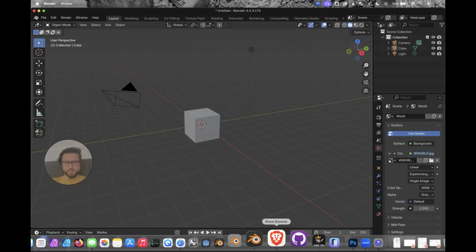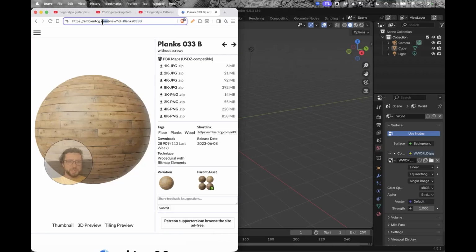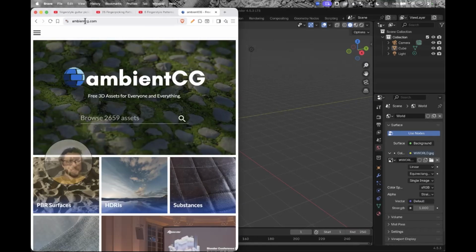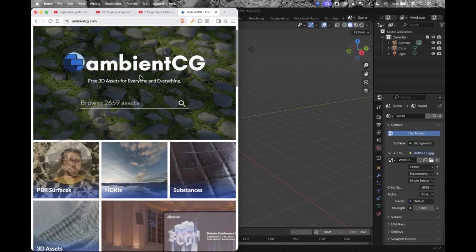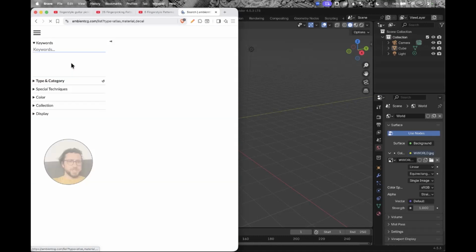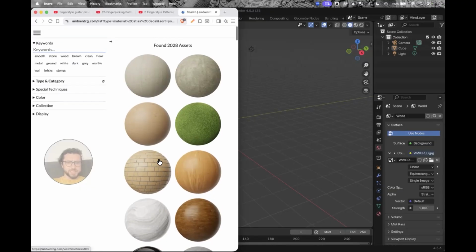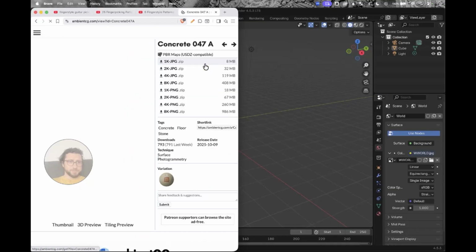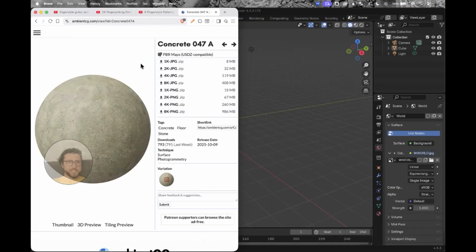First thing I'm going to do is go to this website, Ambient CG. Here, we just go to the homepage, ambientcg.com. And we are going to go to PBR surfaces and we'll pick some materials for our scene. I think this concrete material right here looks great already. So here you can see at the end of the address, it says concrete